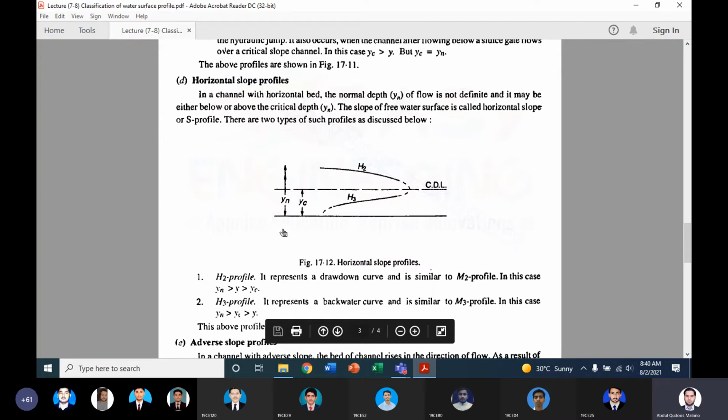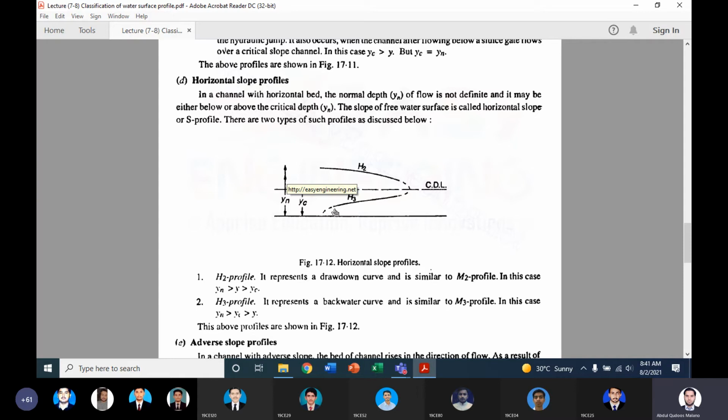ठीक है, सेकंड प्रोफाइल वो होगी जिसमें हमें पता है कि अगर नॉर्मल डेप्थ है, सो दिस शुड बी ग्रेटर देन द क्रिटिकल डेप्थ. And means the normal depth is greater than the depth of the flow, it is going to be greater than the critical depth. Or in the third zone we will see that the normal depth is greater than the critical depth, and this is going to be critical greater than the depth of the flow. ठीक है, तो ये सिर्फ दो ही यहाँ पे प्रैक्टिकल केसेस इसके हैं.